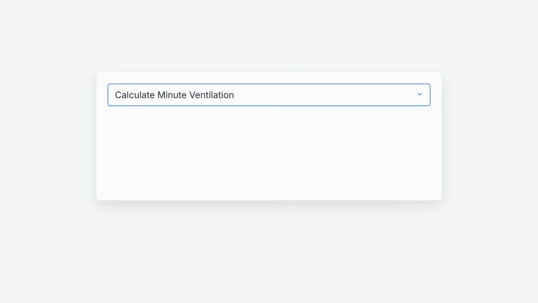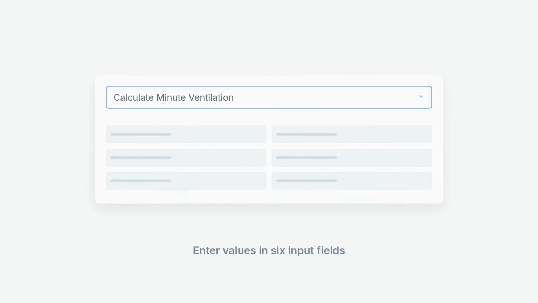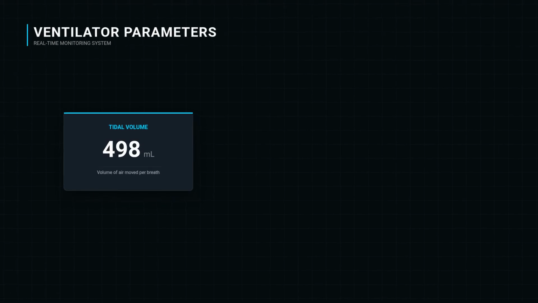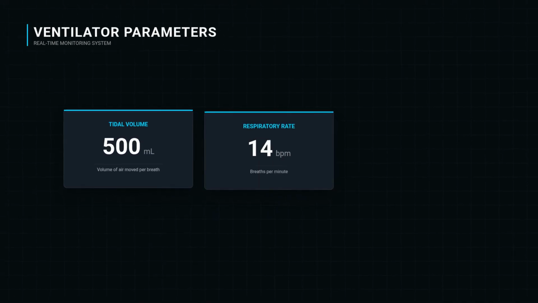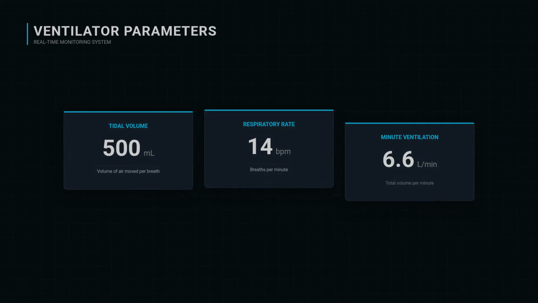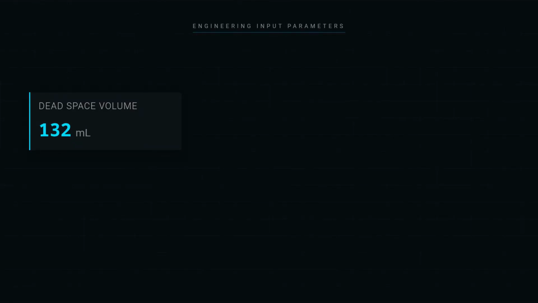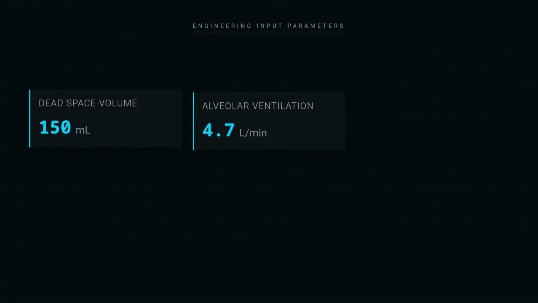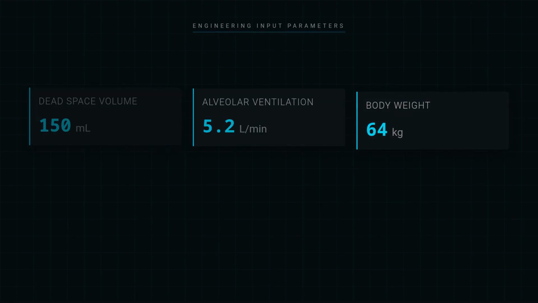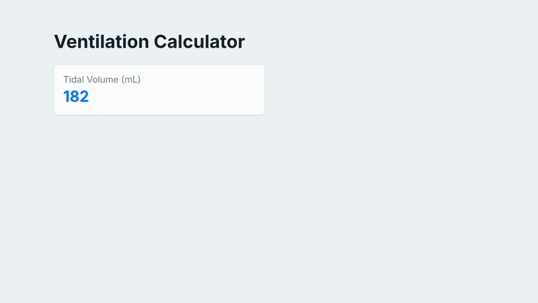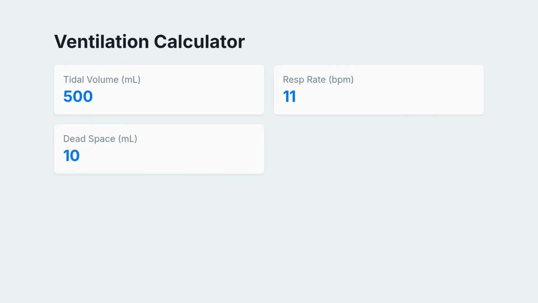Below that, you'll enter values in 6 input fields: tidal volume in milliliters, respiratory rate in breaths per minute, minute ventilation in liters per minute, dead space volume in milliliters, alveolar ventilation in liters per minute, and body weight in kilograms. For our example, I've entered tidal volume of 500, respiratory rate of 12, dead space volume of 150, and body